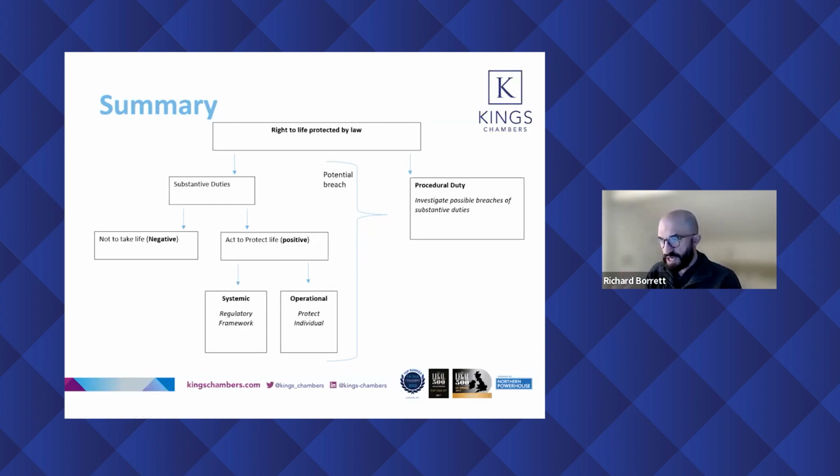So, if there's any reason to suspect that any of the other obligations have been breached, i.e. the negative obligation or one aspect of the positive obligations, that suspicion engages the procedural obligation to investigate the death. That's what we mean by saying in an inquest that Article 2 is engaged. It's sometimes said wrongly that a coroner is invited to engage Article 2, that it has to decide to engage it. That's conceptually wrong. It is either engaged by the facts of the case or it isn't.